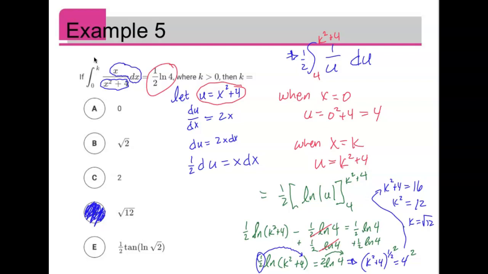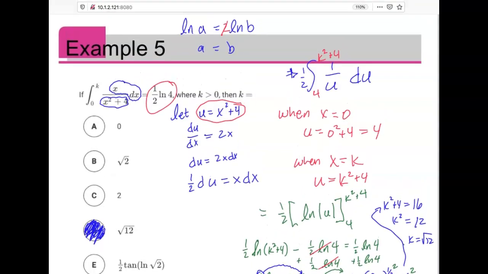Well, if you want to use this property, the reason you have to do that is because if I want to use the property that natural log A equals natural log B, then A equals B, you can't have different coefficients. So it wouldn't be like natural log A equals 2 natural log B implies that A equals B. Does that make sense? They have to have the exact same coefficients. All right. So let's go over what we got. We got a problem set